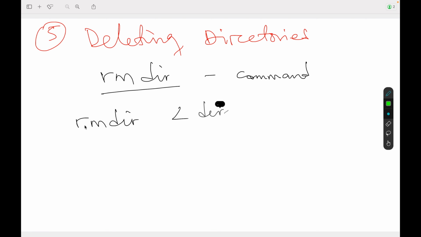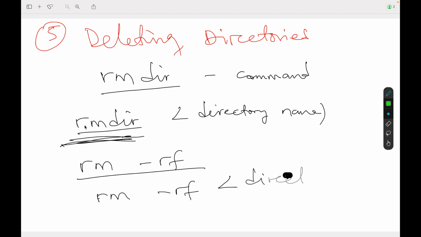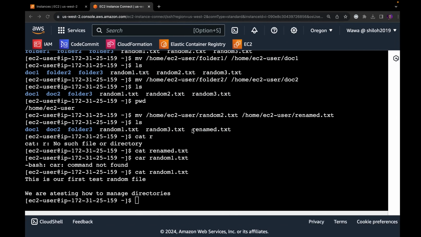So we give the directory name. Assuming that there are contents in this directory, you will be forced to use the rm -rf command to recursively remove everything that is found in the directory, and you can do that using rm -rf, and then you still give the directory name. So for us to test this,